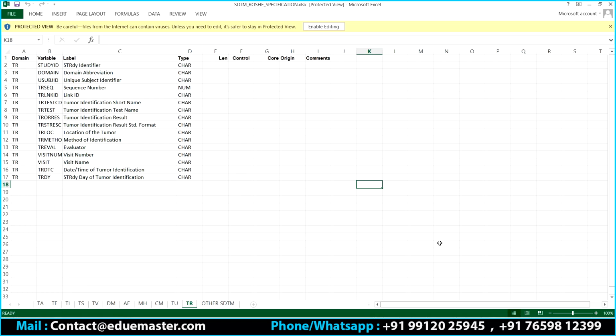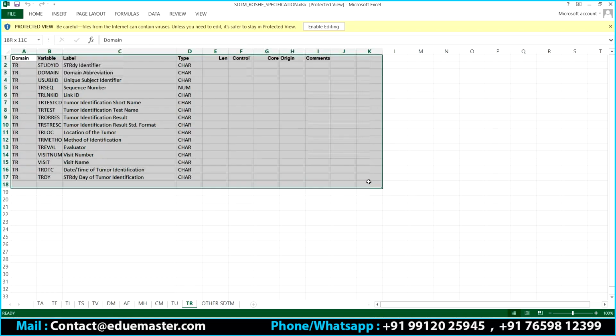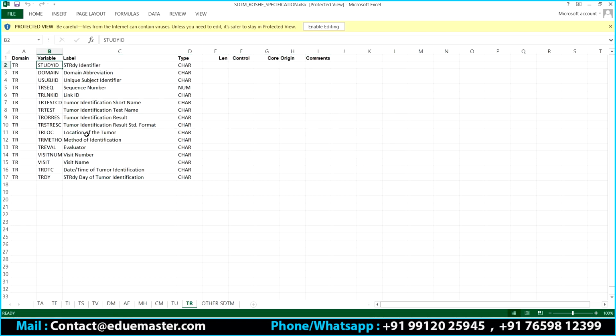Yeah, core variable, Raja, I can explain because it's already 9:15. We can discuss in detail because when you go through each domain, we are going to discuss all of this, not just one, in detail: what each variable is, what the label is, and all the information. So no worries about it. I can explain that. Is that clear, guys? So tomorrow we are going to start with the SDTM guidelines first. There are going to be guidelines, and then we are going to start discussing each of these.